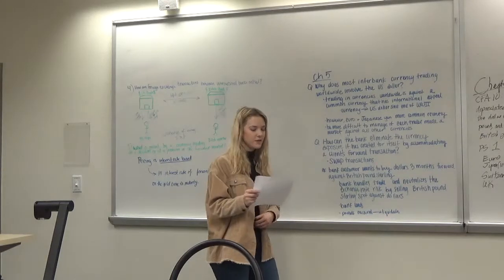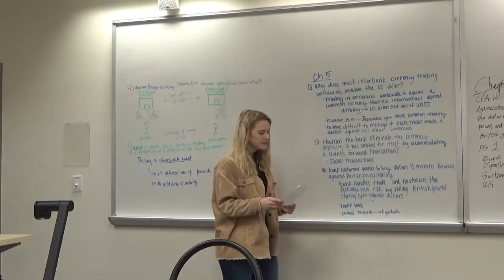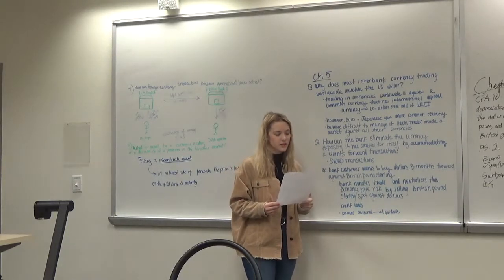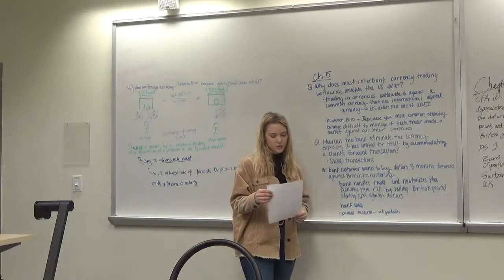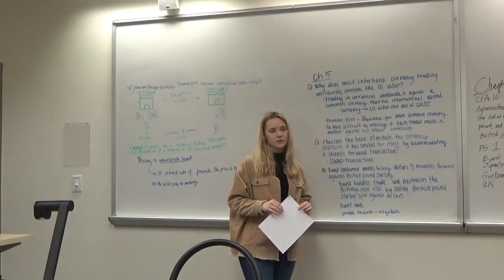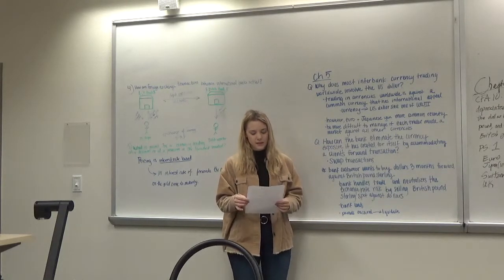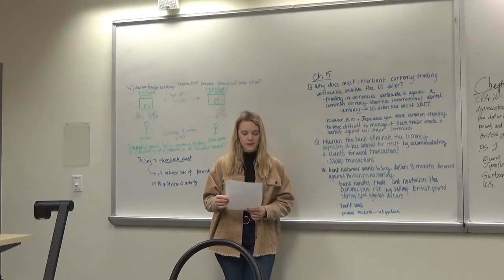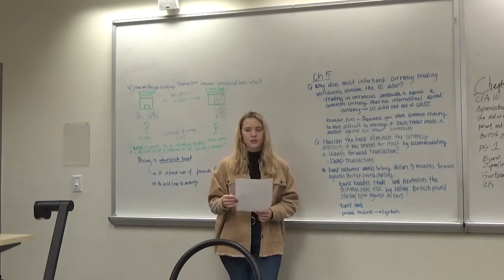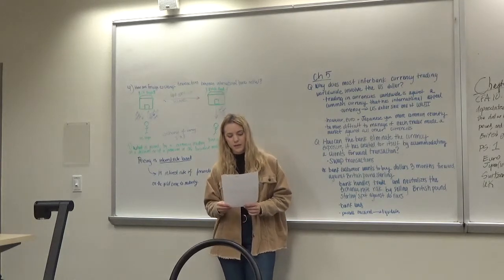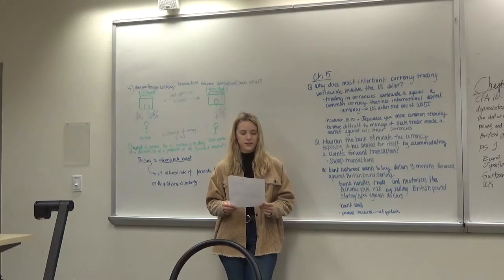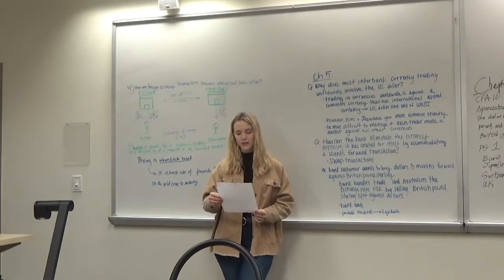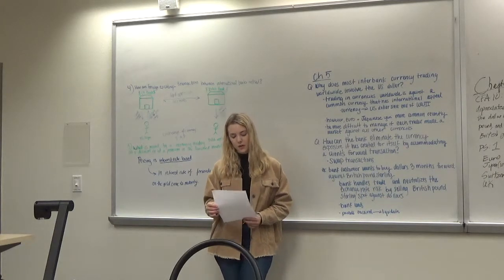Okay. I have chapter 5, question 6. First was why does most interbank currency trading worldwide involve the US dollar? It says that trading currencies worldwide is against a common currency, which is referring to the US dollar, and it's been that since the end of World War II, because it has an international appeal. However, the euro and Japanese yen are starting to be a lot more common and used a lot more as international currencies in recent years. And also, more importantly, that trading would be exceedingly difficult to manage if each trader made a market against all other currencies.